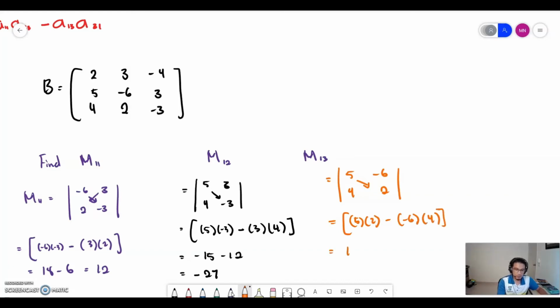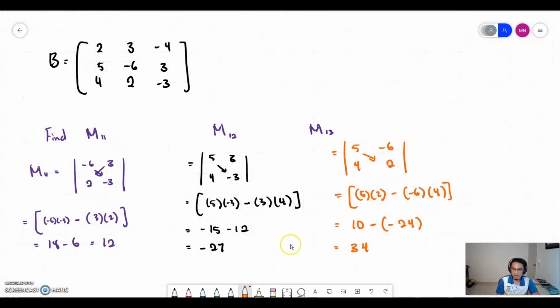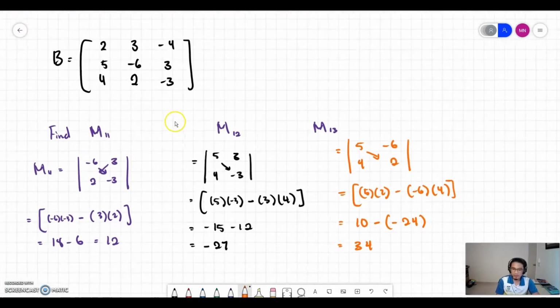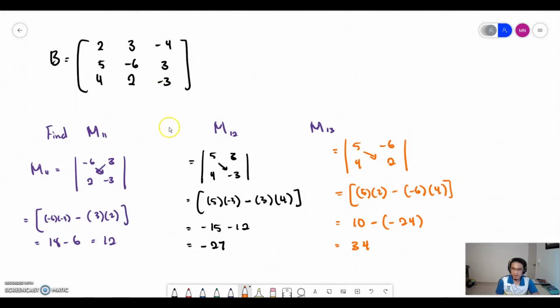So equal to 10 minus negative 24. So I will have here is 34. So this 34 is the answer for minor M13. Okay, so I hope that you now understand the method to find the minor from a 3 by